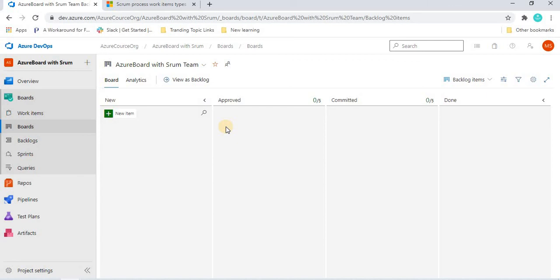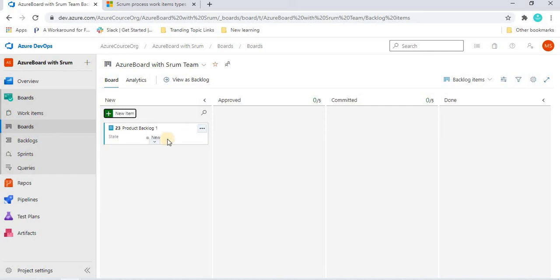So in the coming tutorial we will see how we create the product backlog item. So basically how we create the work item in the backlog, and how we manage the things. But before that, what I'm going to do here is create a product backlog item, and I can write anything, product backlog